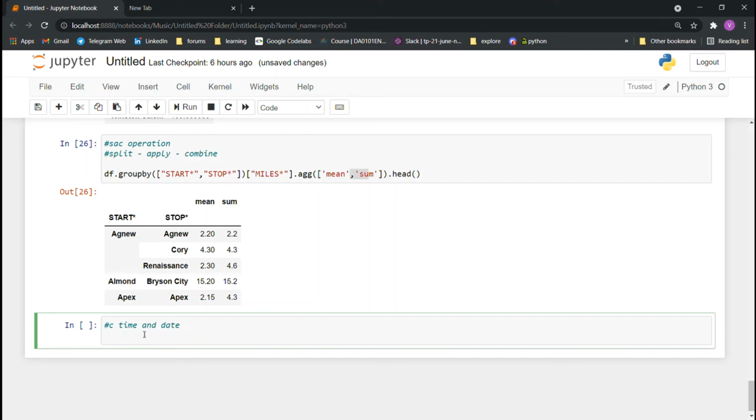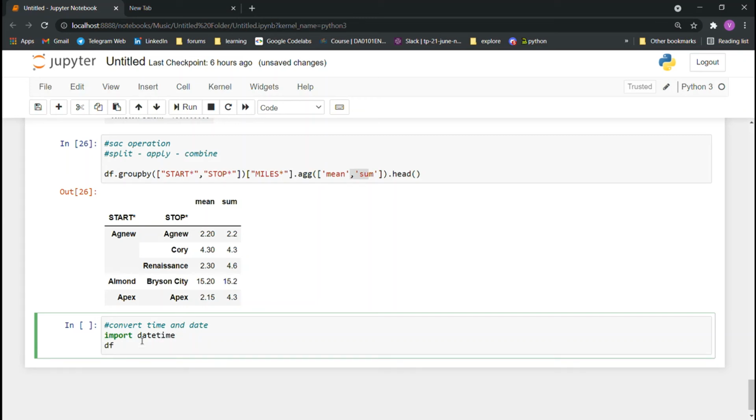At the last, we will convert date and time. Sometimes date and time are provided in the form of string or text, so we need to convert the text to datetime. It's a simple syntax.